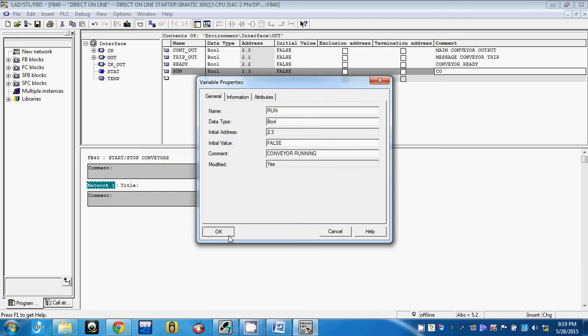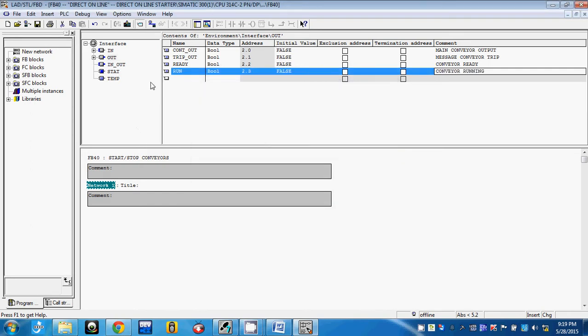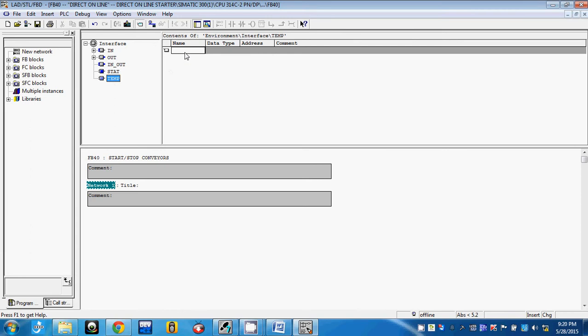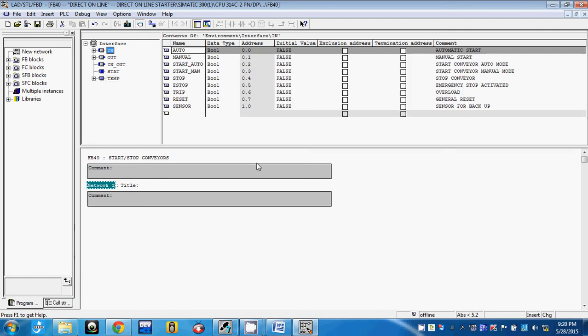Okay, then on the temp, maybe we say motor underscore trip. Okay, so now these are the variables we just insert. So now what we're gonna do, we're gonna write the program